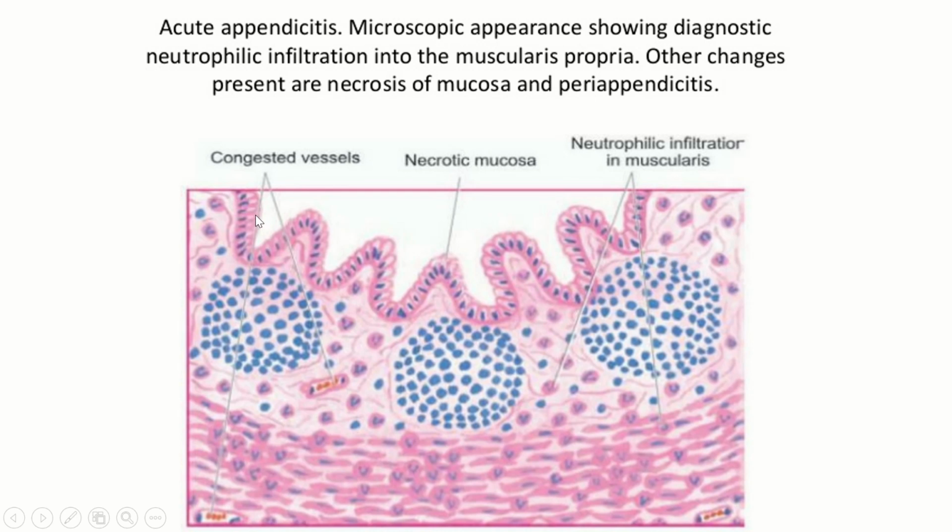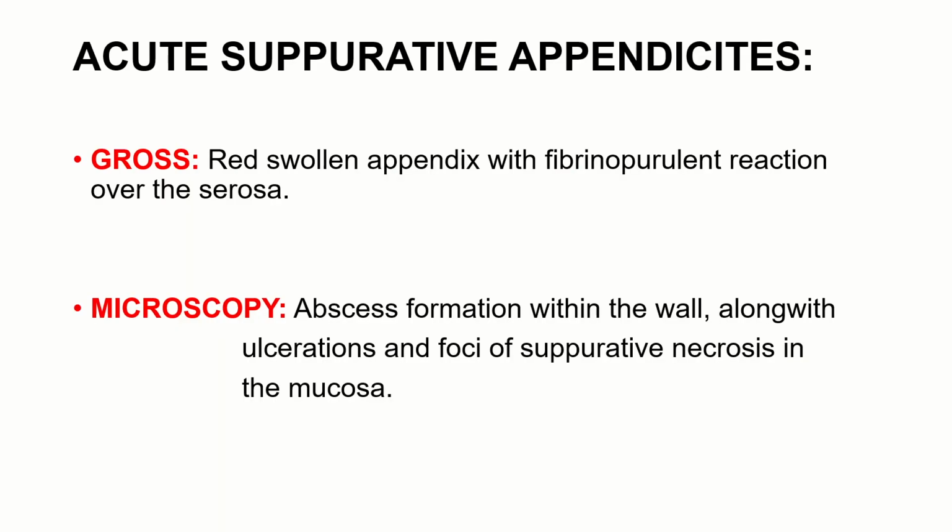When you go for microscopy, you can see this is your mucosal layer of tall columnar cells. You have some amount of necrosis over here. This is the normal lymphoid collection in the appendix, and you have this neutrophil infiltrate, and as I told you, it will be transmural, meaning the whole muscularis externa layer will be affected by the inflammatory cells or neutrophils. So, this is a classical finding in acute appendicitis.